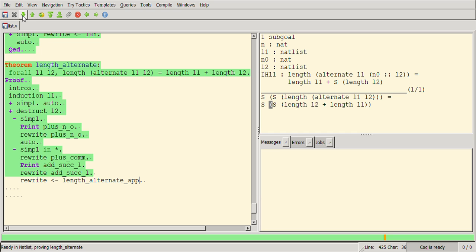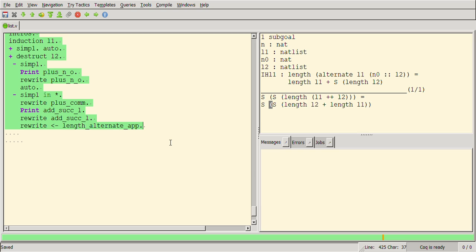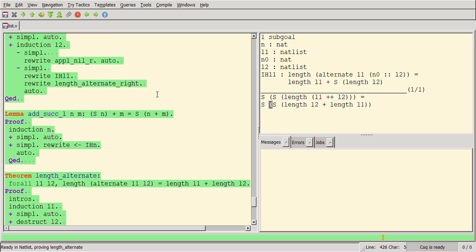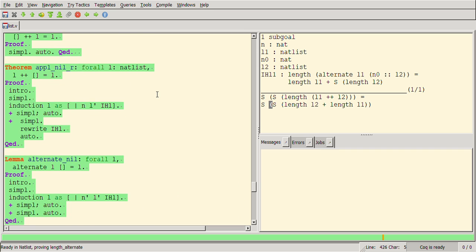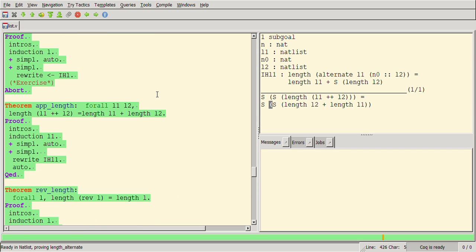Okay, so good, we can proceed now. And now we have a lemma for append length. Let me print that. In fact, we have just proven append length. Let me see if we have that lemma. Here. So we have a situation like here: length L1 plus L2. So we can replace this with length L1 plus length L2, and that would give us